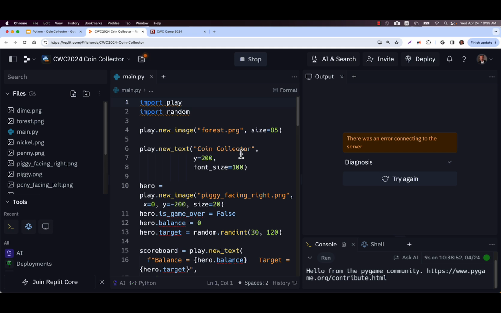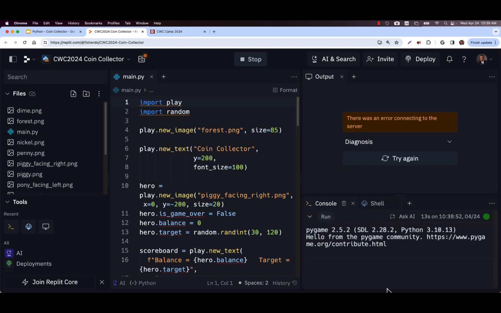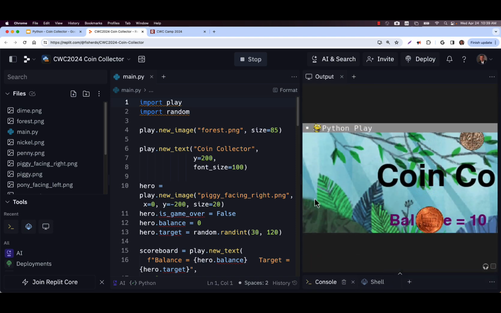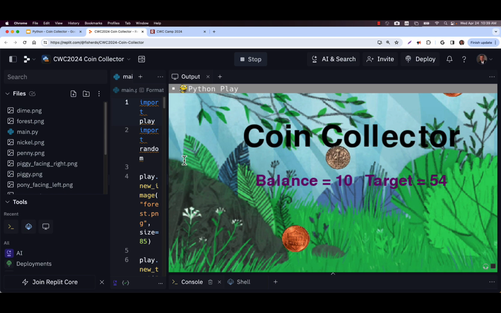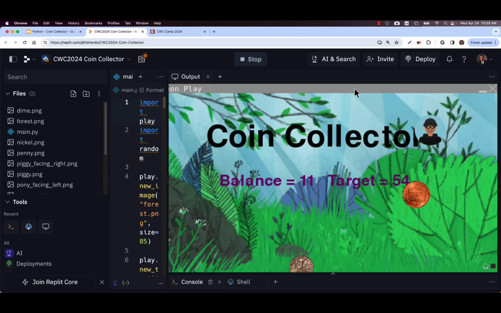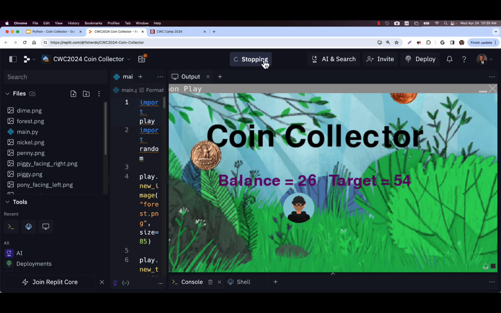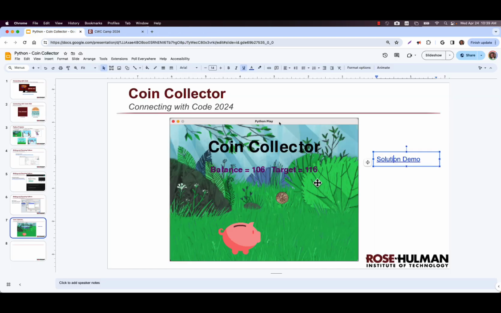That sounds wonderful. The problem is that by being web-based, there's lag in systems and things like that. It looks like right now it's not even displaying, right? Oh, there it goes. You can also see that it's a different screen size, and so it's kind of hard to see what's going on here. The idea of this game is that it's called Coin Collector. You know what? I'm going to stop showing it in Replit. You can use that link to see it, but that's not how I do it.